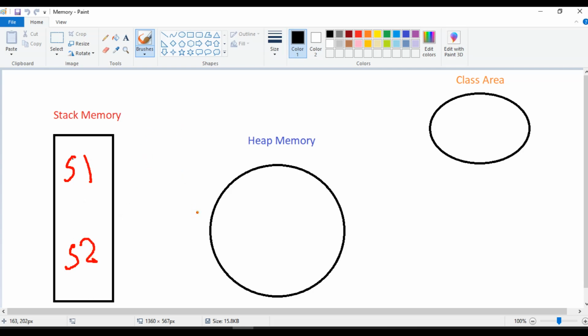Then immediately what will happen? Heap memory will be created. Let me conclude: this is the S1 heap, this is the S2 heap. Just imagine. In S1, what things are there? The student name, for example Giri, and at the same time the ID is there. At the same time SRM is there. Am I right or wrong?